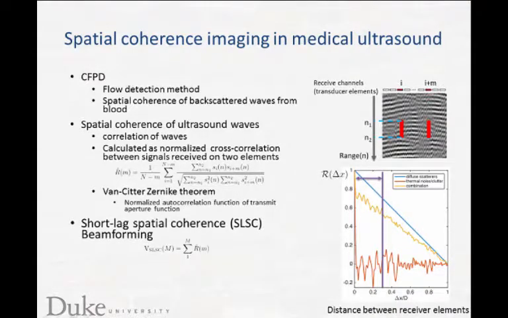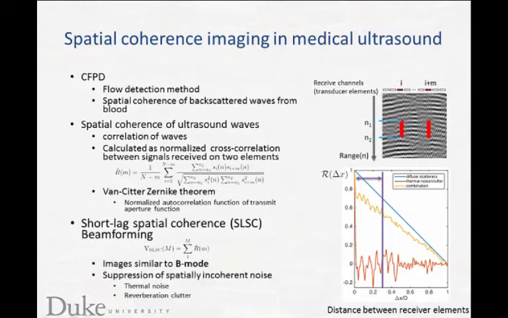Using the differences in the spatial coherence properties of different targets, we can form images. One method is called short-lag spatial coherence, or SLSC, beamforming. It basically calculates the sum of the spatial coherence values up to a certain lag, for example, 13% of the transmit aperture size. In previous studies, SLSC beamforming has been shown to produce images that look similar to those of B-mode, but have